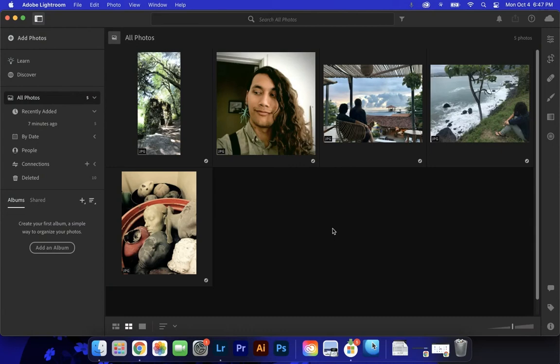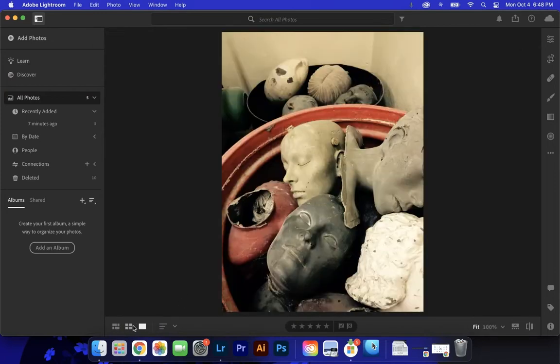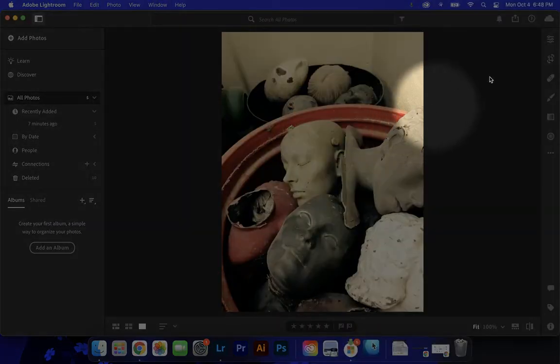In this video, I'm going to show you how to make general edits to your entire photo in Lightroom. So all you need to do is choose a photo, and you can go to the single view mode in the bottom left corner, or you can double click on the picture and it'll open up in a larger view. When we want to edit things, you're going to go over to the right-hand tool side,